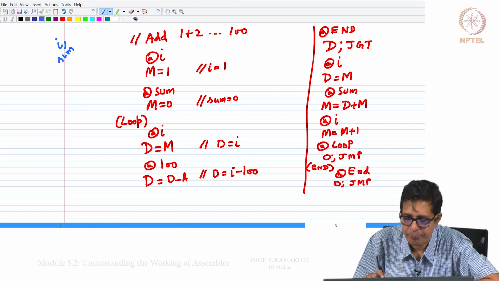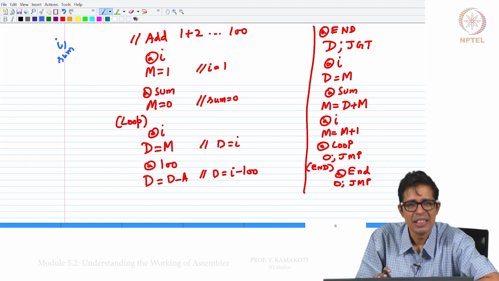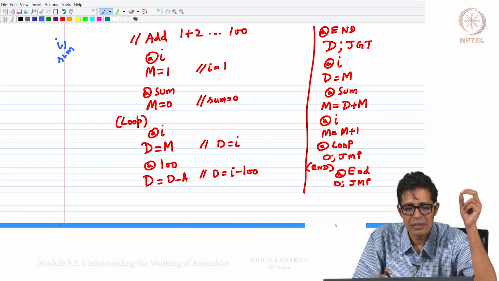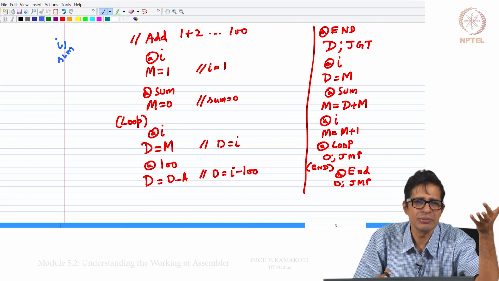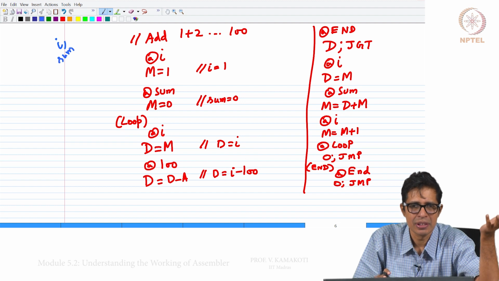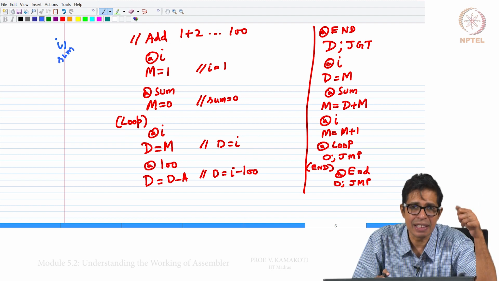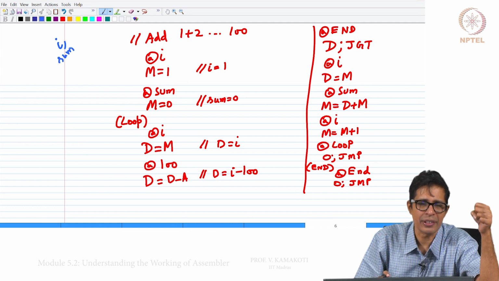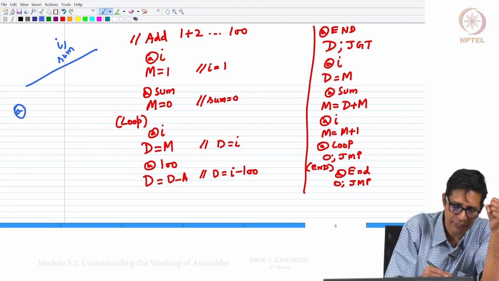Now, let us look at this. Understanding of the C type instruction is very straightforward, but for the A type instruction, there are some things that we need to note here. Let us first look at the A type instruction, at.